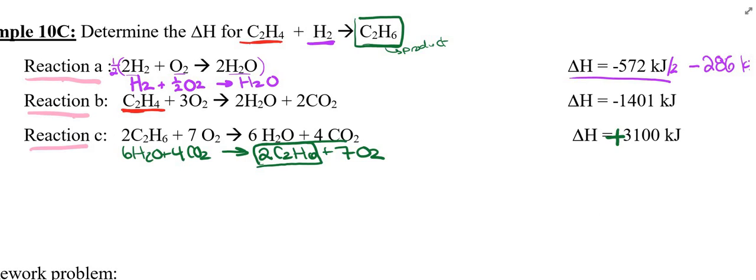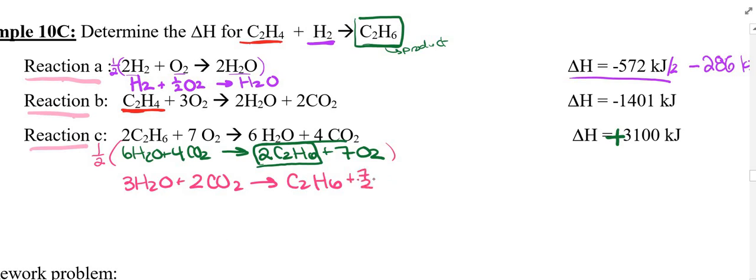So I'm going to multiply this by 1/2. Okay, so we're going to go through and I'm going to multiply every coefficient because whatever you do to one, you have to do to all of them. All right, so we're going to do 3H2O plus 2CO2. That's going to give us 1C2H6, and that's going to be 7/2, or you can write 3.5, whichever you prefer,